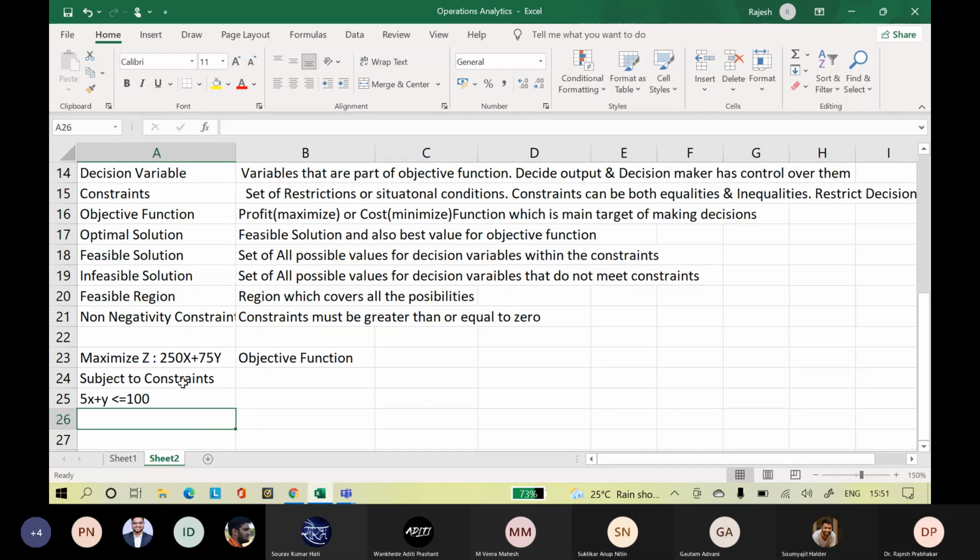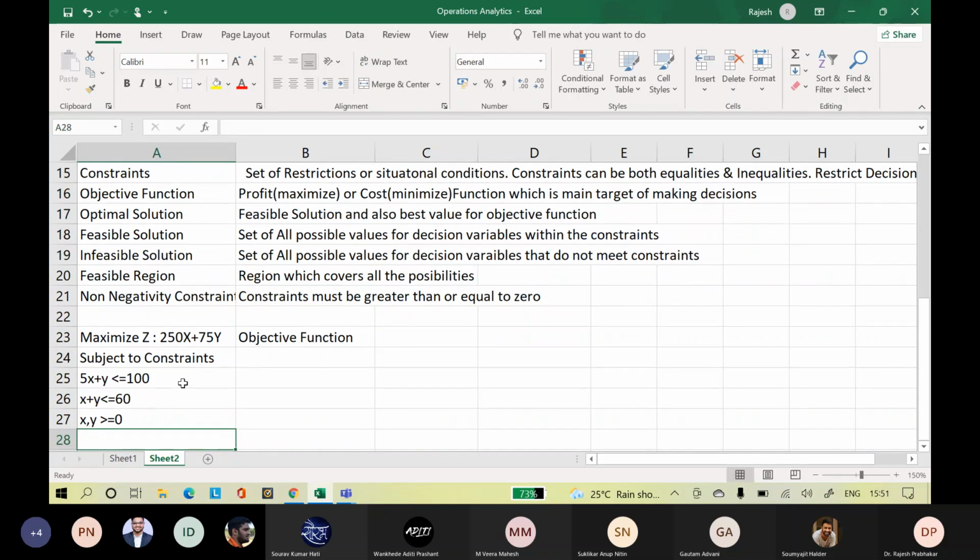The second constraint, x plus y less than or equal to 60, and x comma y greater than or equal to 0, like I told you, non-negativity of the values.